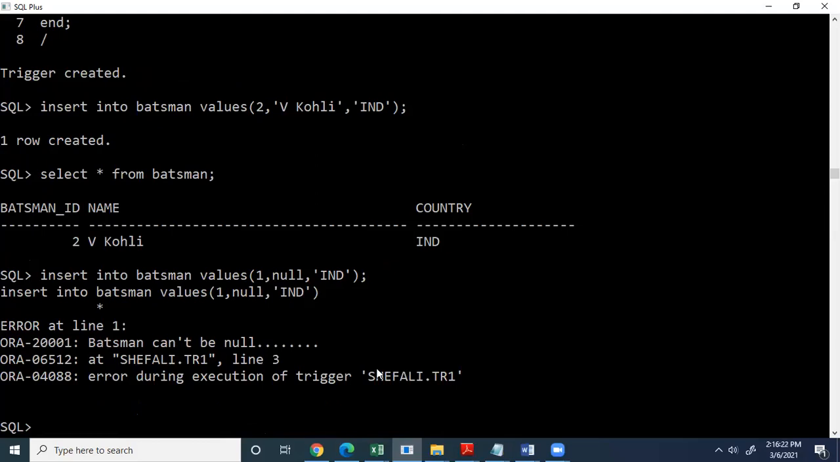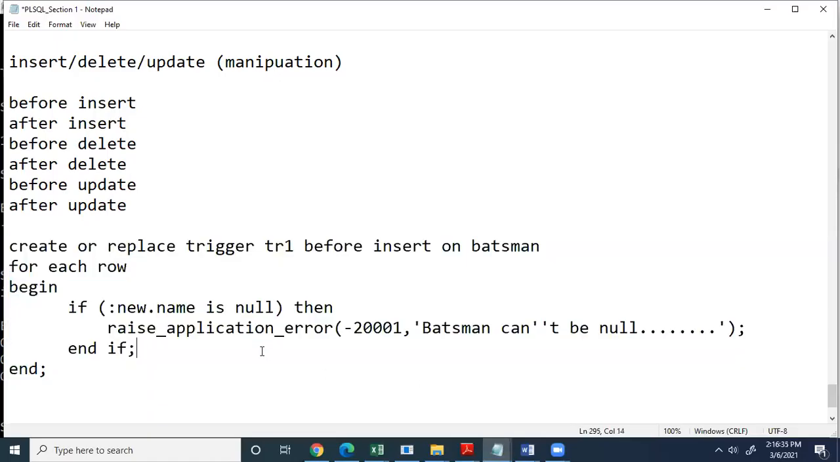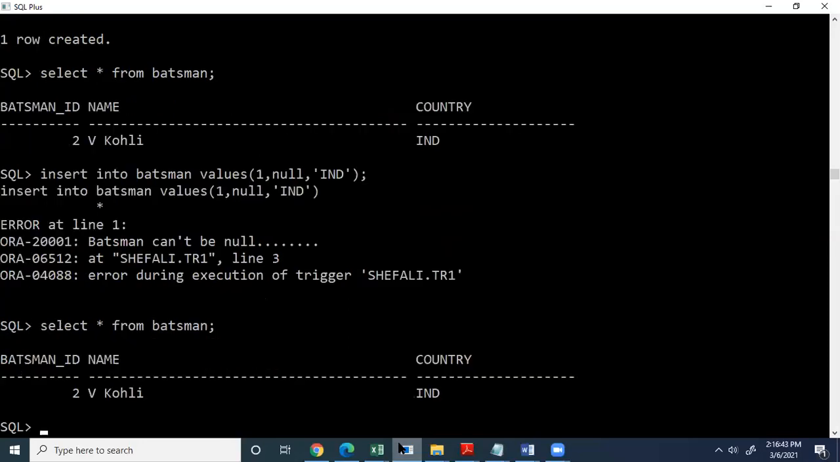So this is how your trigger will be fired whenever any statement is inserted, deleted, or updated. Fine. Now, as you know, I have written before insert. So before inserting the record, it is checking for the validation, right? So if you see the records of this batsman table, you will see that the record of batsman number 1 is not in